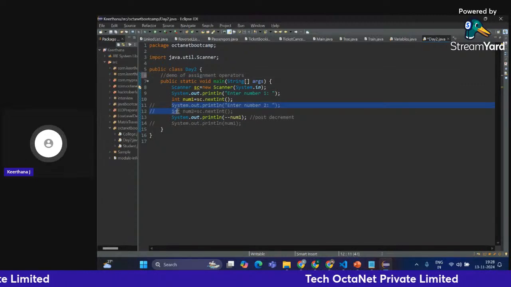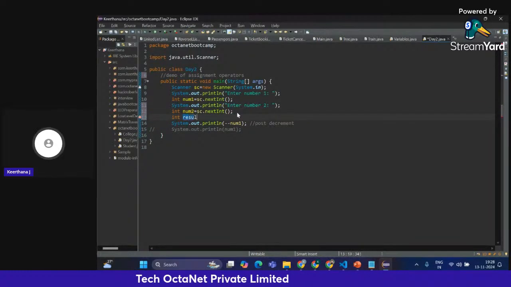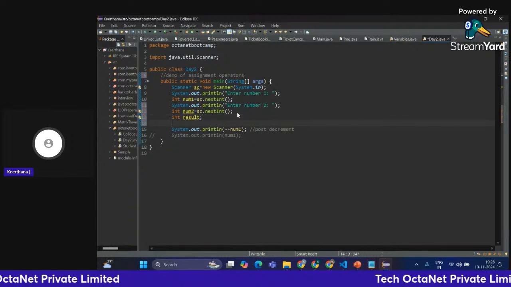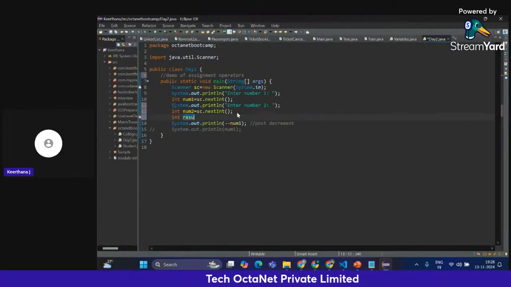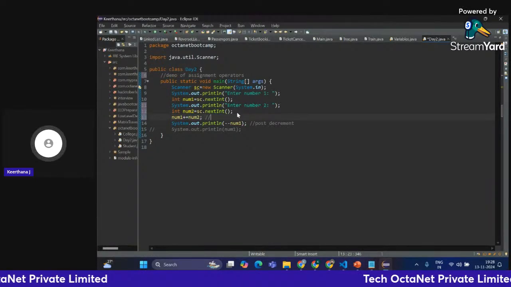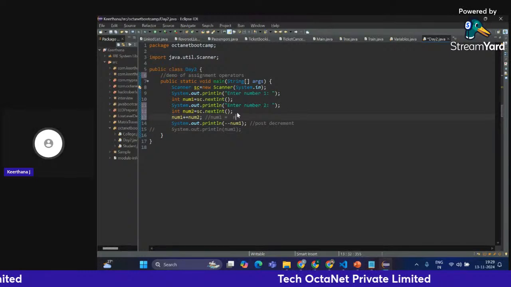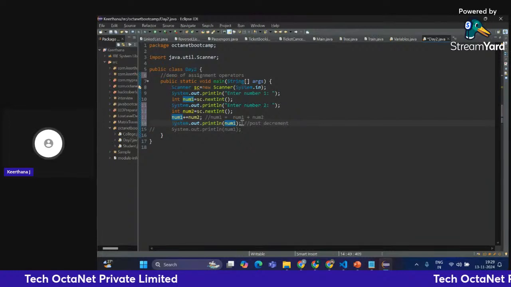So I'm going to have two numbers. And in the int result, I'm going to declare result. num1 += num2, and this is the same as num1 = num1 + num2. And when I try to print num1,